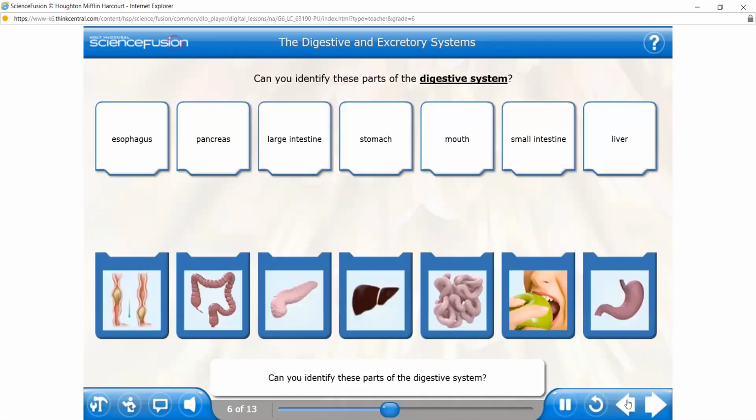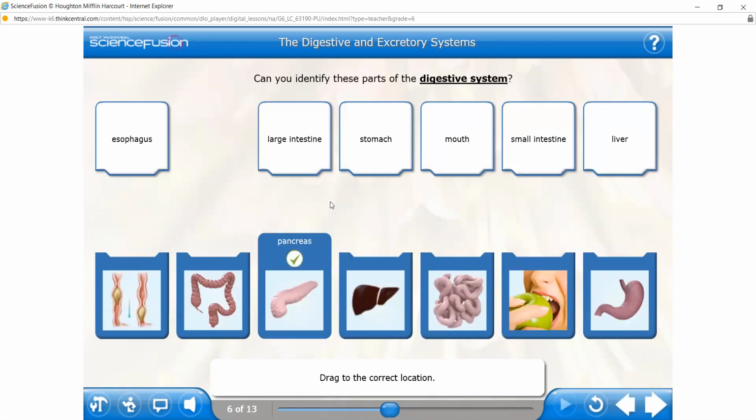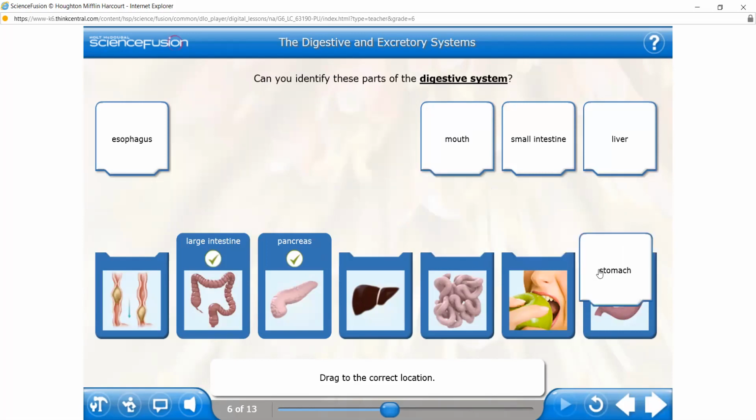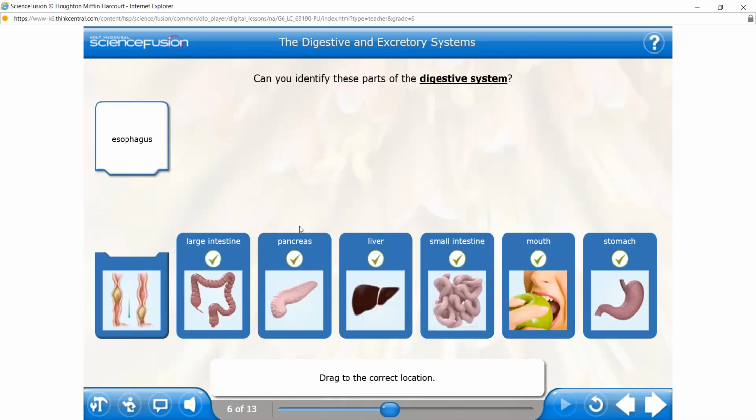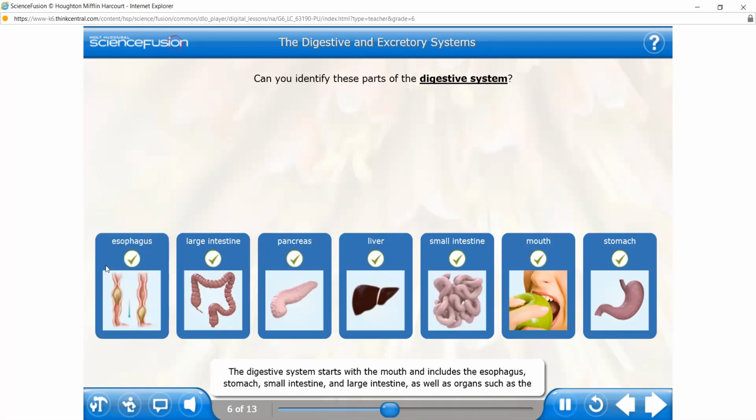Can you identify these parts of the digestive system? Drag to the correct location. Okay, large intestine, stomach. I'm just doing it again so that you can hear that. Mouth, small intestine, and esophagus. Now listen to this here. What's your name? Valia. The digestive system, yeah,